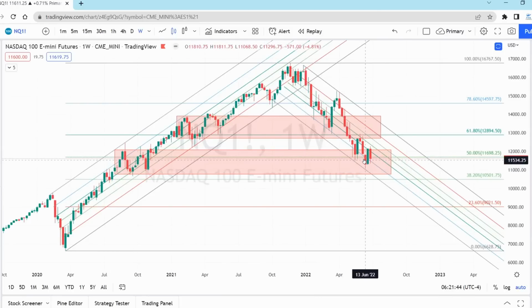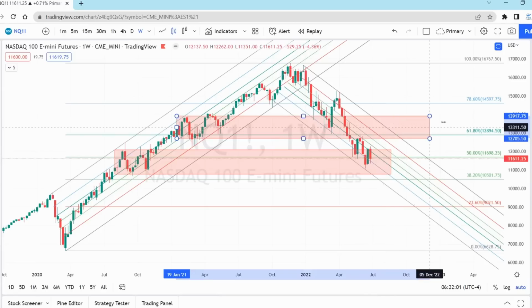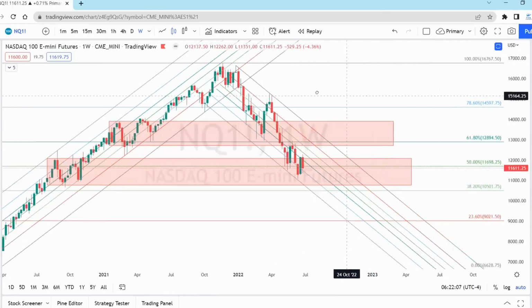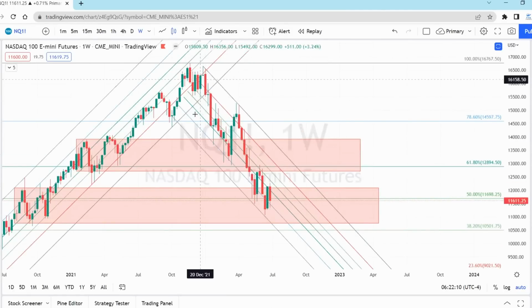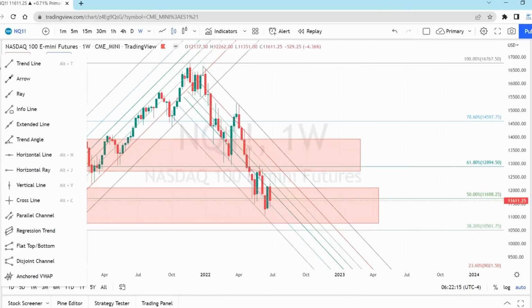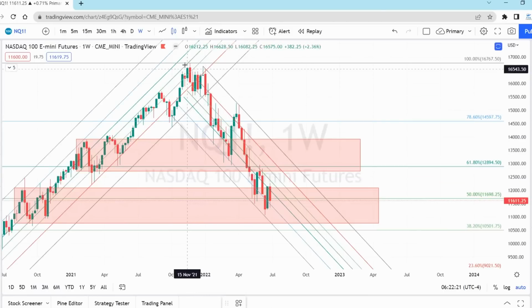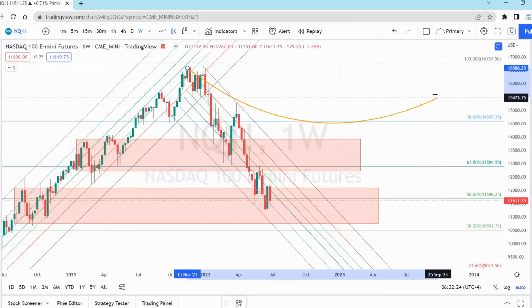I don't know if it will hold up and push through this box on the top, or it goes all the way up, touches this guy, and bam. Or go sideways, right? That was a lot of sideways back then. It might actually get stuck in this zone. And we may see a U-shaped recovery as well. Could be a lot of sideways this whole summer, low volume. In fact, I was discussing it with somebody just yesterday, and this is what I was saying. This may be